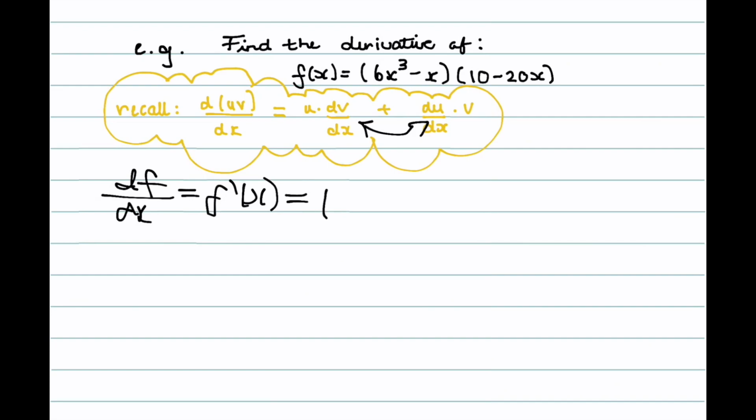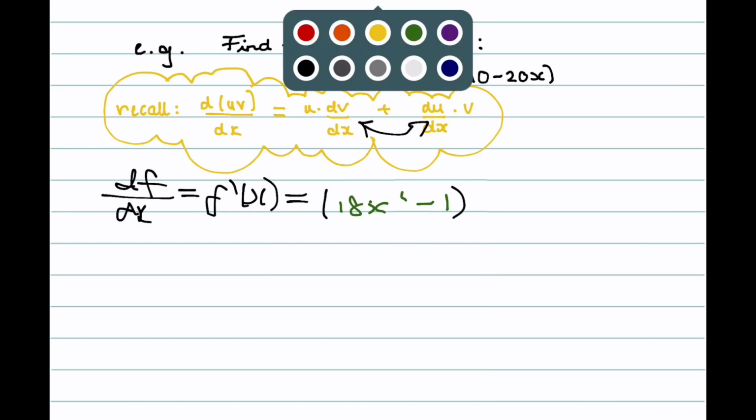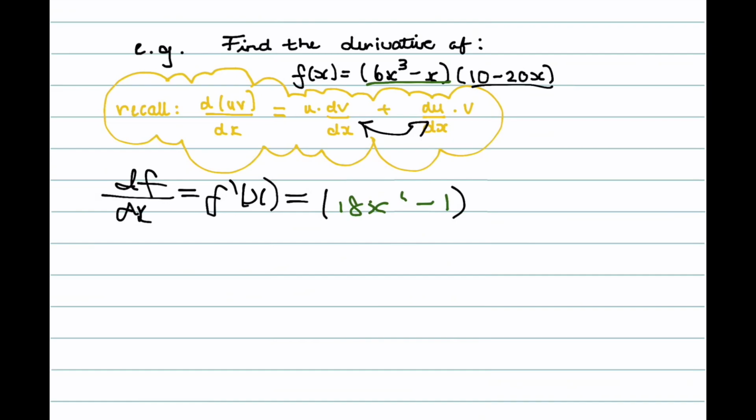So if we take the derivative of this first function over here, I'm going to put it in green, we're going to get 6 times 3 is 18x squared. Let's rewrite this, 18x squared minus 1, times our second function, which is 10 minus 20x,